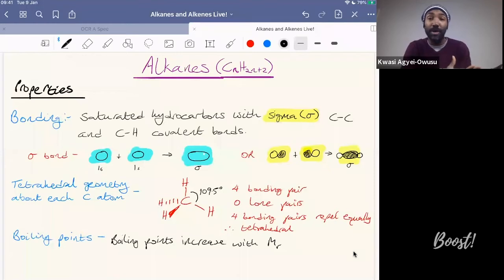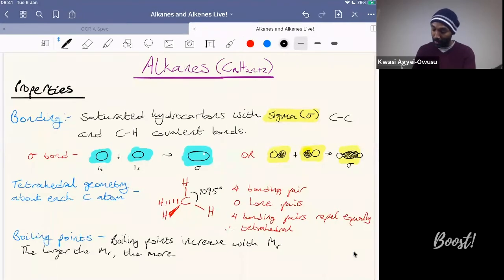Well, in order to answer this, you need to think about what sorts of forces we're trying to overcome when we try to boil an alkane. So we need to think about intermolecular forces and specifically induced dipole-dipole forces or London forces. Okay, so the larger the MR, the greater these forces will be. And why? Because there are more electrons. The larger the MR, the more electron density, and therefore the stronger or larger